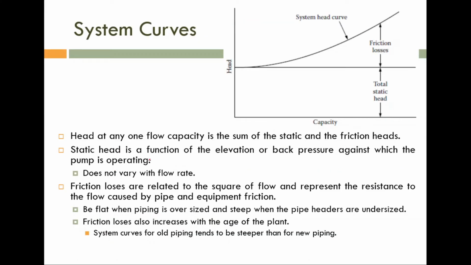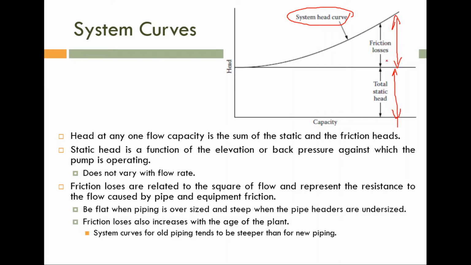Okay, so please note, if you are transporting liquid, definitely we have to overcome the friction offered by the system. It is known as the system head curve. That one is represented by this line. This one is the system head curve. That is actually the sum of the static head, so this one is the static head, plus this one is the dynamic friction loss, the friction between the fluid and the pipe. Is it okay?